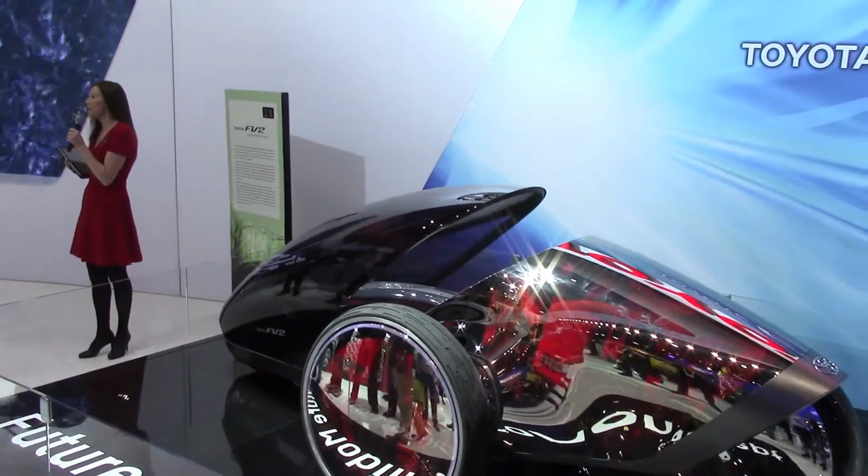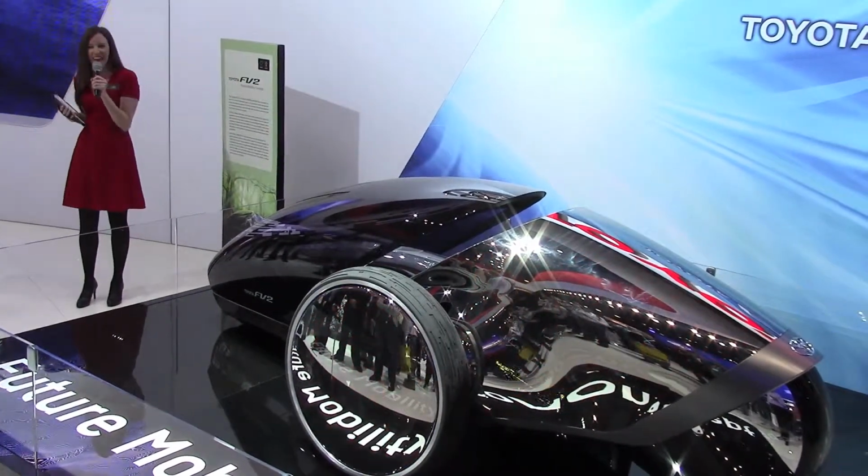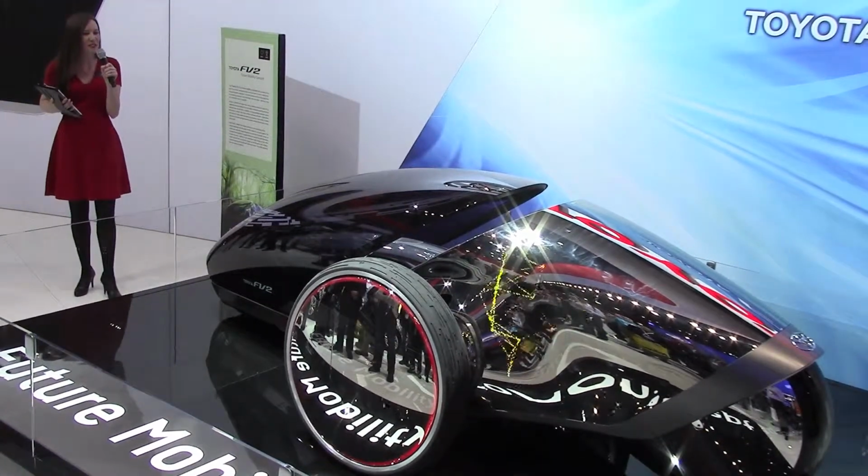Concept vehicle that expresses Toyota's sense that by sensing your heart rate, it can suggest your favorite song to cheer you up. There's also an augmented reality